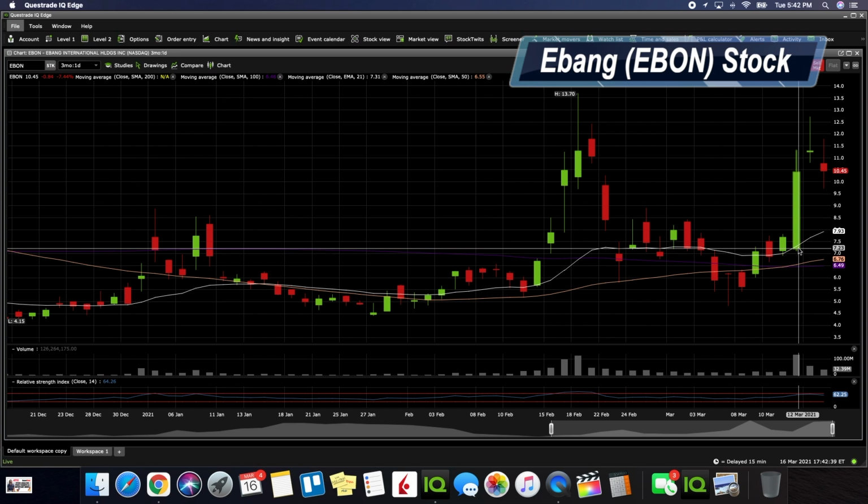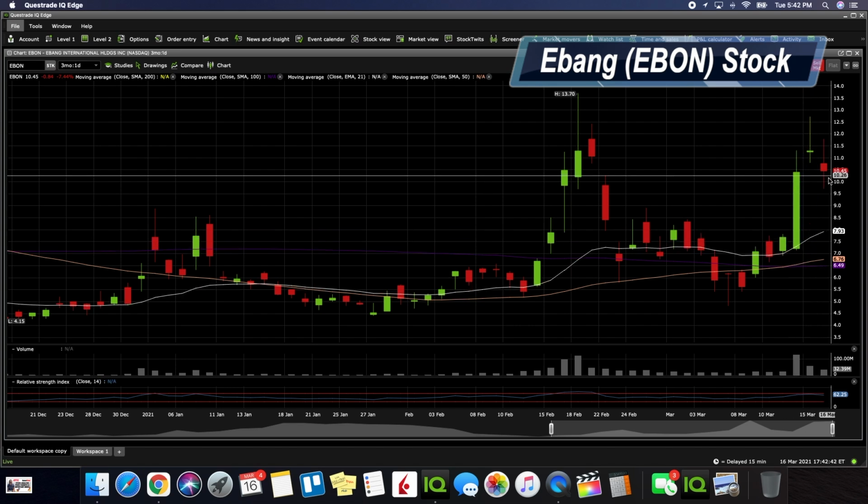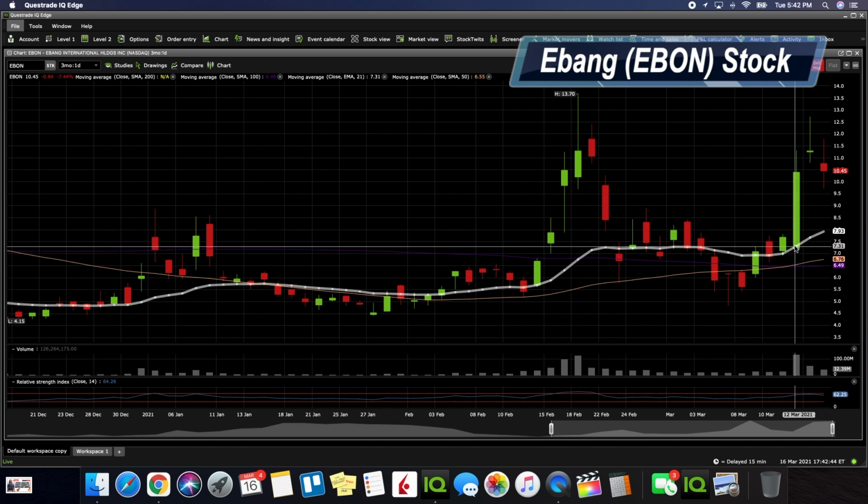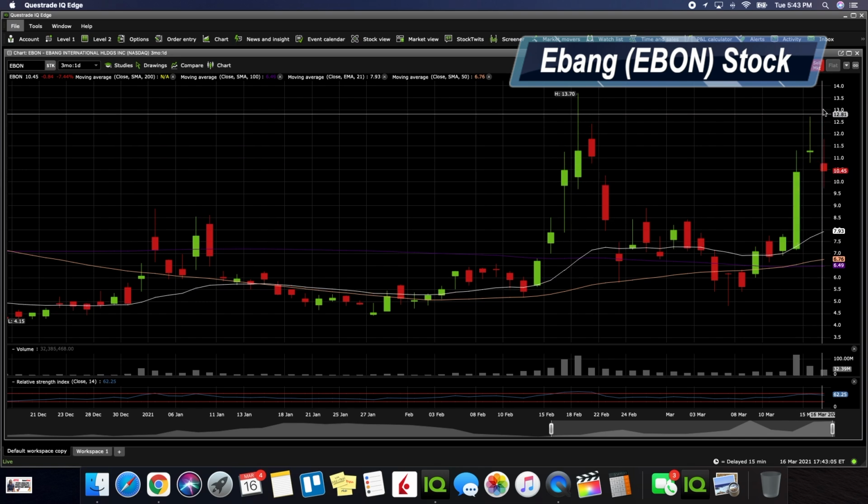We also see there's some support in these particular areas. I'll definitely be keeping an eye on that to take advantage of it, because again, and I'm going to reiterate it, I'm one of those people that says Bitcoin will hit 100K, whether it happens before the end of this year or the beginning of next year, it's going to happen. And these are stocks that I definitely believe are going to benefit from that and have a lot of upside.